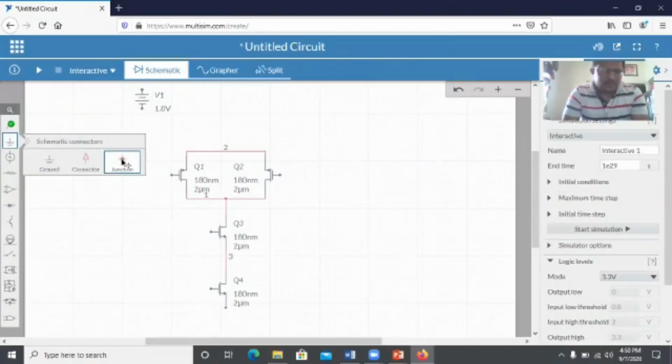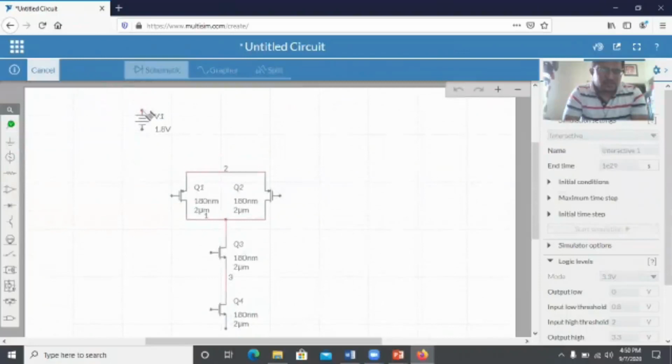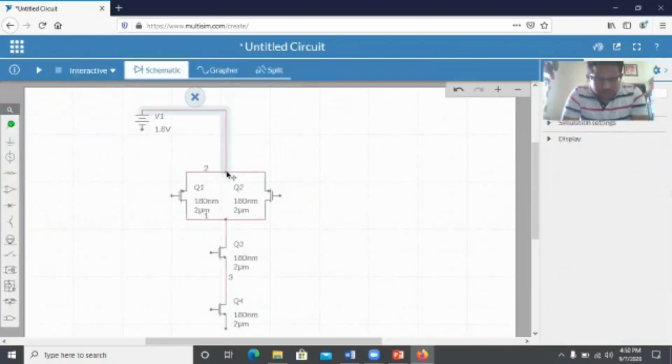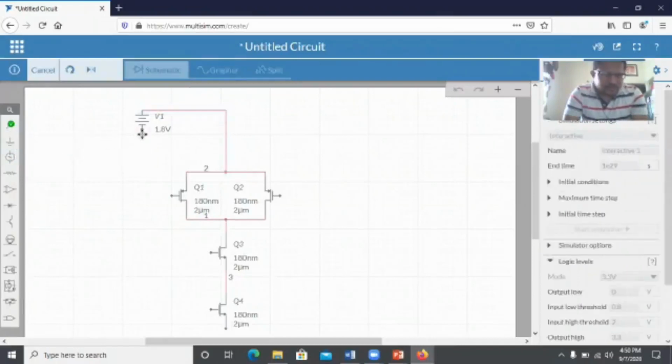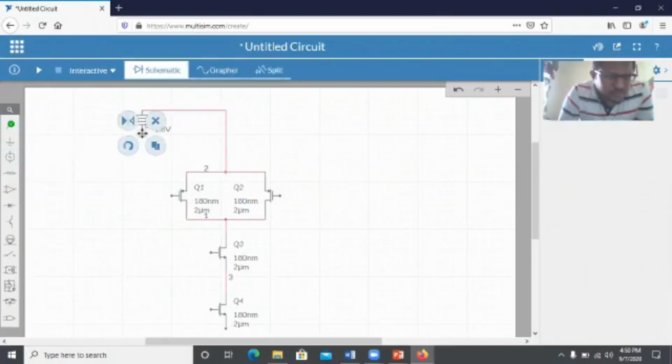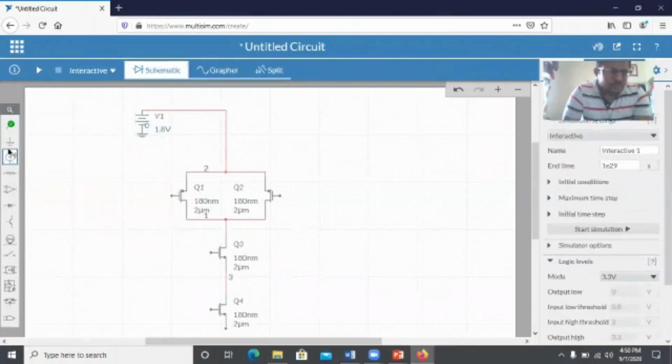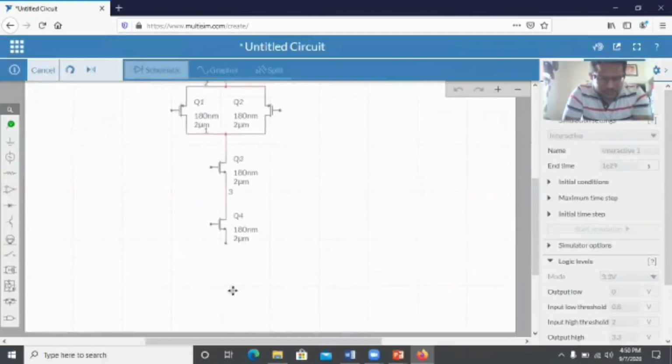Then connect this to the PMOS. Then select ground and connect it here. Then select another ground and connect it across here.